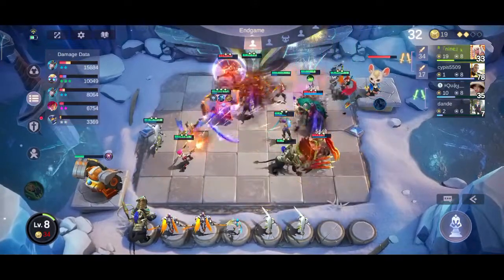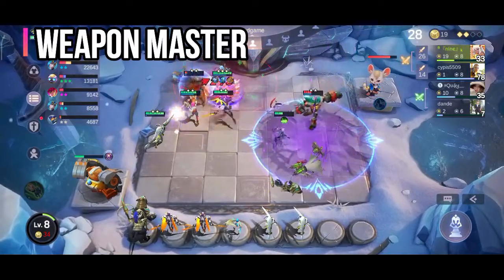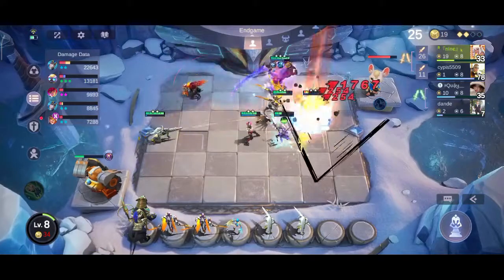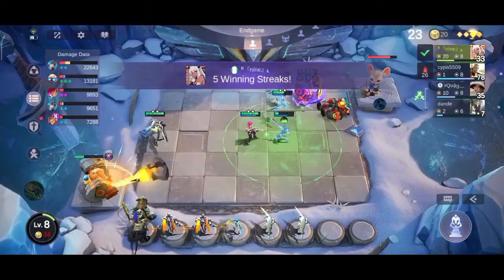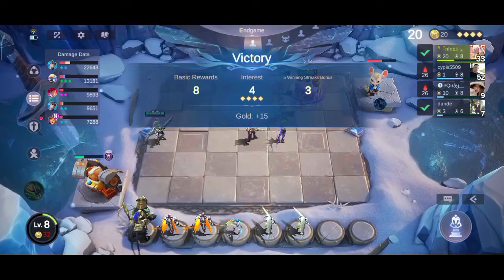Now, the last two. Weapon Master: Sea Halberd can reduce the heal of the Weapon Master heroes, and they can also reduce the shield they get from the Weapon Master synergy. Right, so the Sea Halberd is a very good item. But another thing you can do against Weapon Masters is